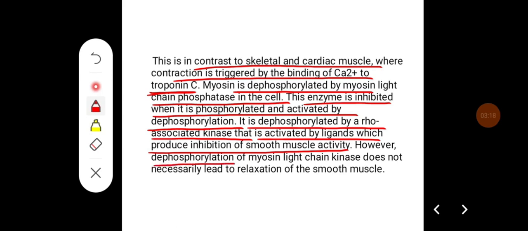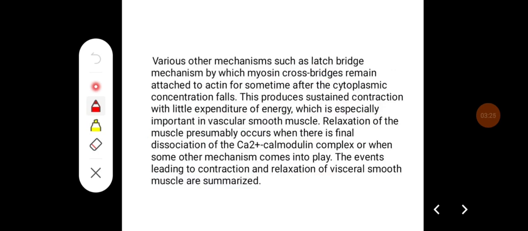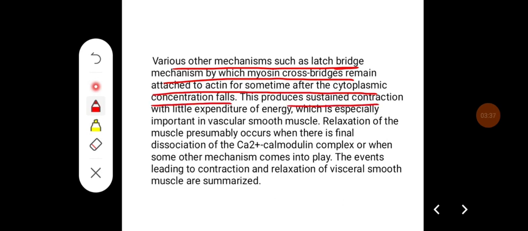However, dephosphorylation of myosin light chain kinase does not necessarily lead to relaxation of the smooth muscle. Various other mechanisms, such as the latch bridge mechanism, by which myosin cross bridges remain attached to the actin for some time after cytoplasmic calcium concentration falls. This produces sustained contraction with little expenditure of energy, which is especially important in vascular smooth muscle. Relaxation of the muscle presumably occurs when there is a final dissociation of the calcium calmodulin complex or when the other